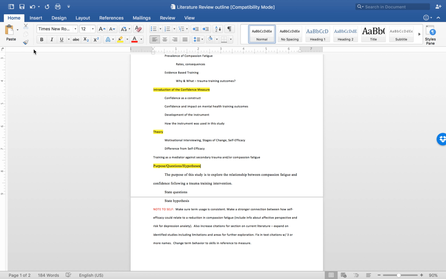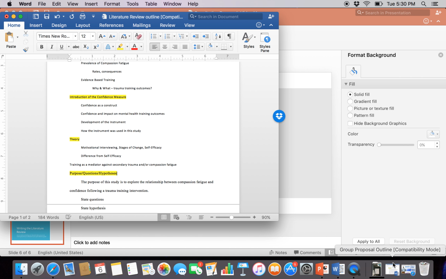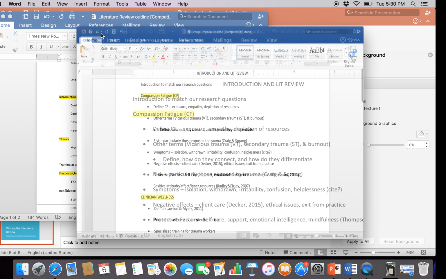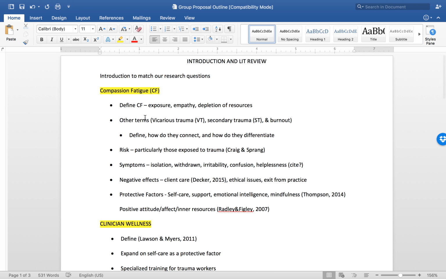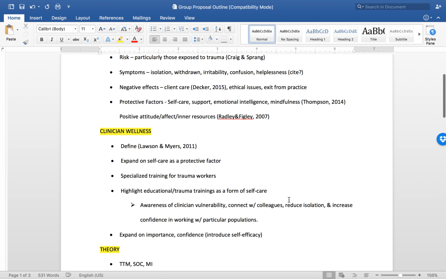Then, as I progressed with this project and worked with my group on the rest of the proposal, you can see how the outline expanded, and we worked together to include the do's and don'ts from our quick reference list. So here you can see that our topic has become more narrow, and instead of 5 or 6 areas of interest, we have our variables more clearly defined. Up at the top, you can see this is the introduction and lit review section. And so I have all these bullet points to make sure I'm including everything that I need based on what I've pulled from the text and what needs to be included in a lit review.